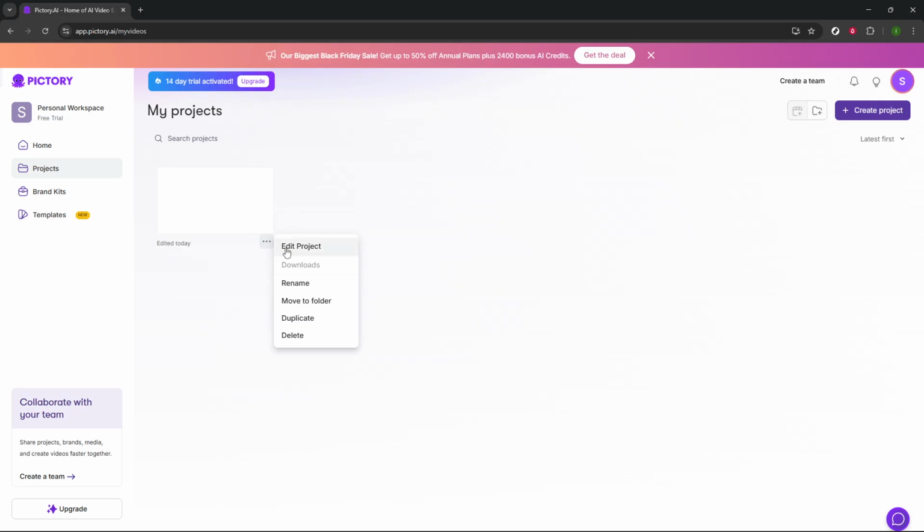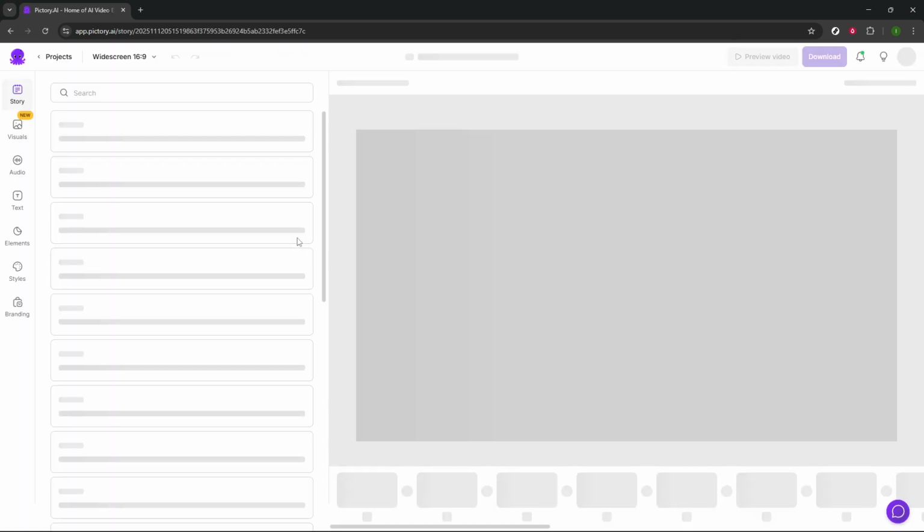Next, you'll want to locate the specific project from which you wish to remove the subtitles. Find the video, and then look for 3 small dots. This is usually to the right of the video title or thumbnail. Clicking on these dots will give you a drop-down menu with various options related to that project. From the drop-down menu, select Edit Project. This option will open up the video editing interface, where you can make changes to the video content, including the